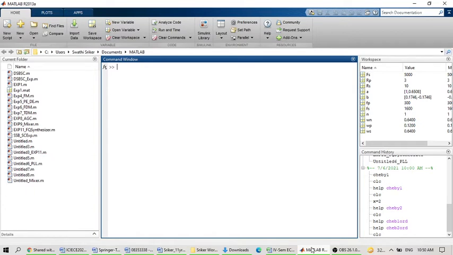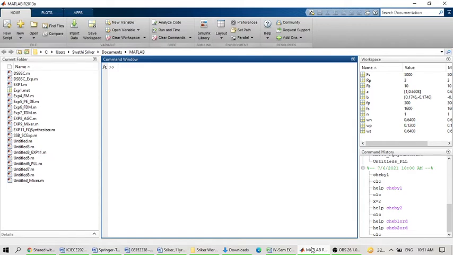These are the different types of window techniques. In today's laboratory session, we are going to design the FIR filters using four types of windows. They are rectangular window, and second one is triangular Bartlett, and third window is Hamming window, and the fourth window is Hanning window.